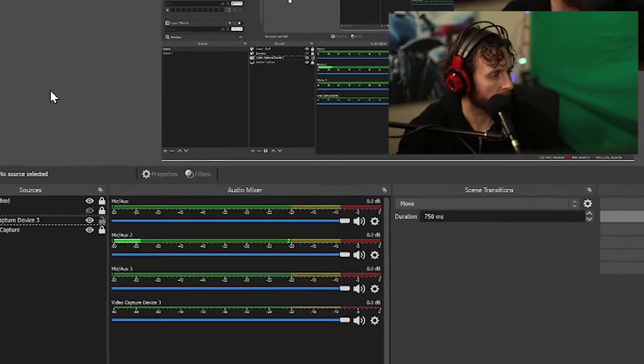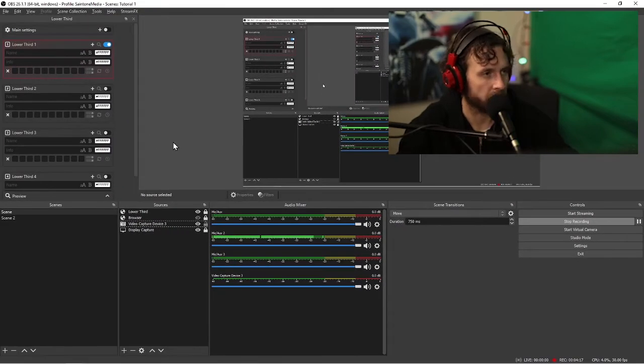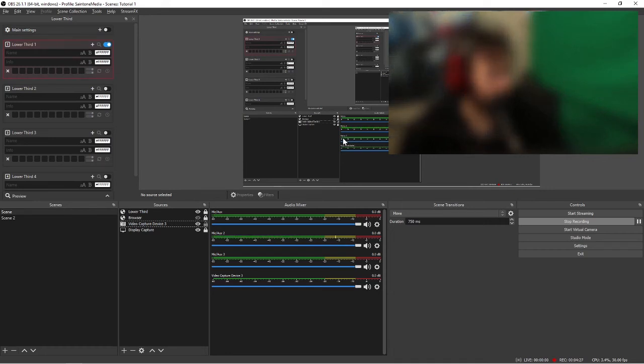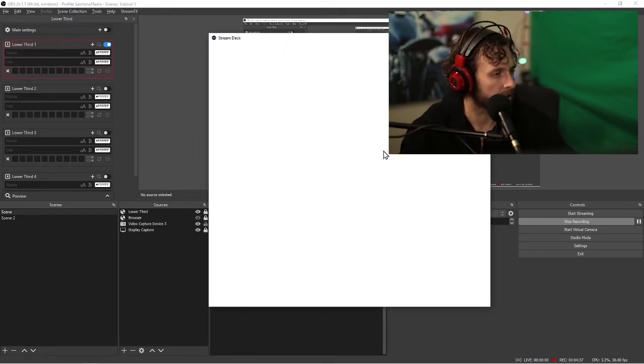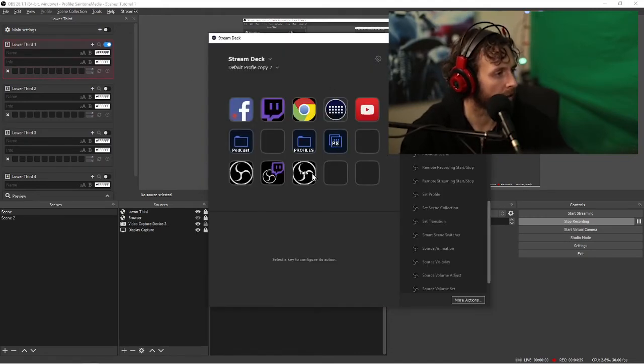Okay, close up the Stream Deck program. Launch that again. And now, if we test it, it goes blur on, icon changes, blur off. And just to add one extra bit to that,